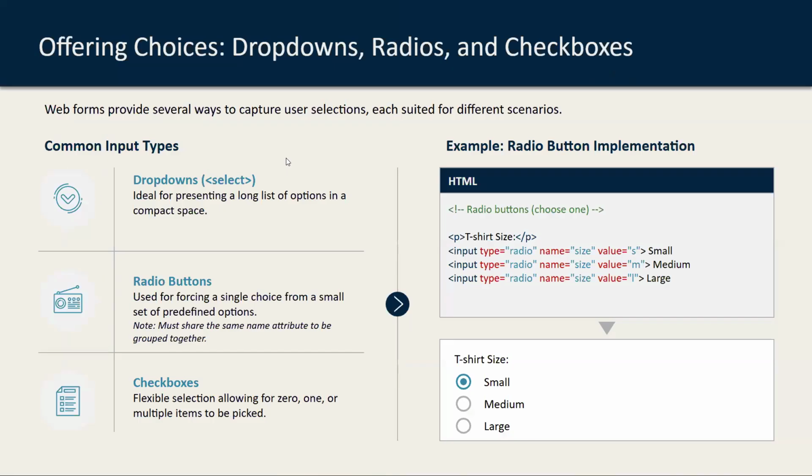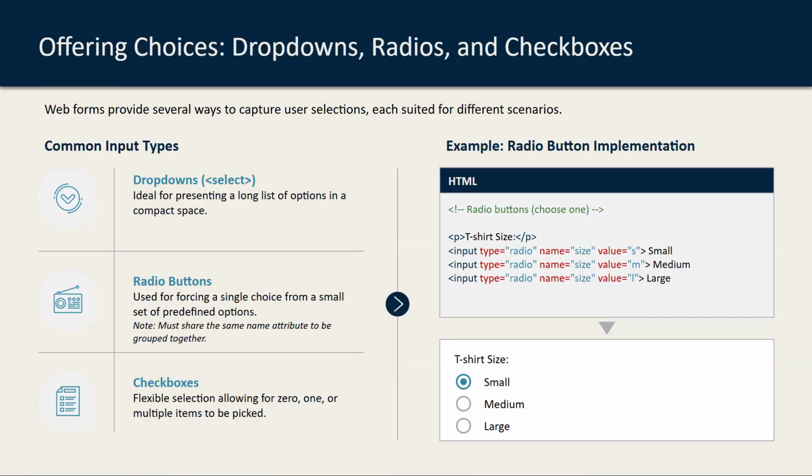Now, let's try to take a look at selection elements. The main idea is that these selection elements offer different kinds of choices. There are several ways to capture user selections, and one is the drop down, often known as drop downs or select elements. They are ideal when you have a long list of options and you want to save